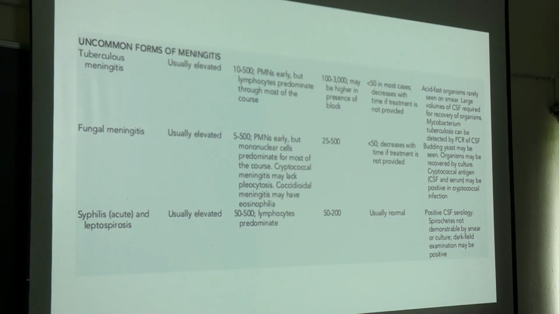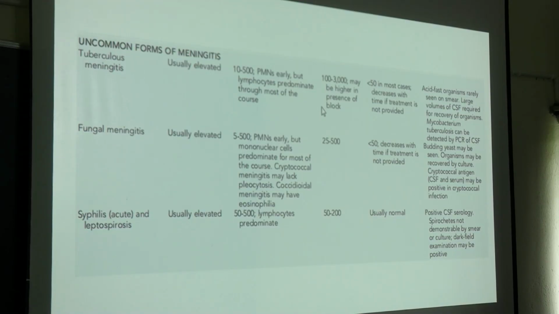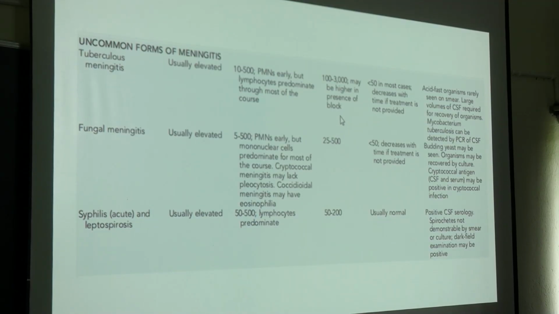Bacterial meningitis কি predominance ছিল? PMN polymorphs. এখানে কি আছে? Lymphocytic predominance. But the characteristic of tubercular meningitis is the high protein. The CSF protein level will be very high, in grams, মানে 1 গ্রাম 2 গ্রাম, so 100 to 3000, may be higher in the presence of block. যদি CSF block হতে পারে হয় তাহলে আরো বেশি আসবে কাউন্ট।